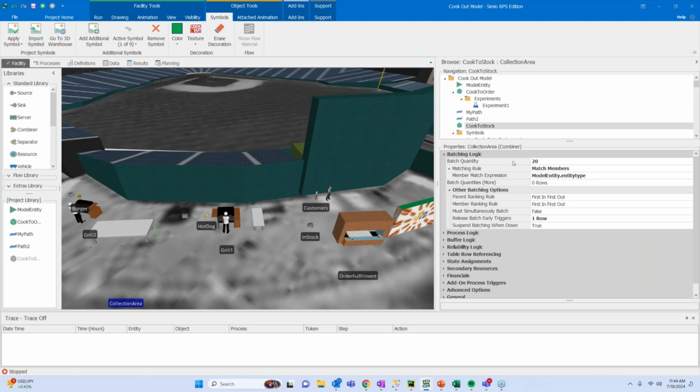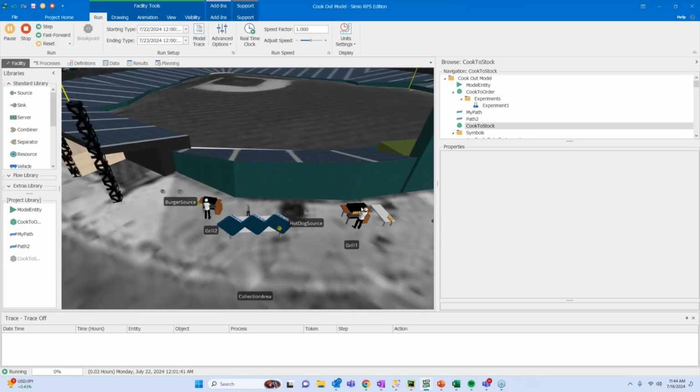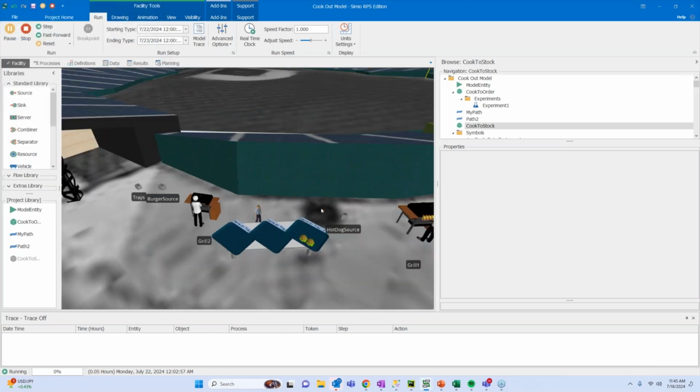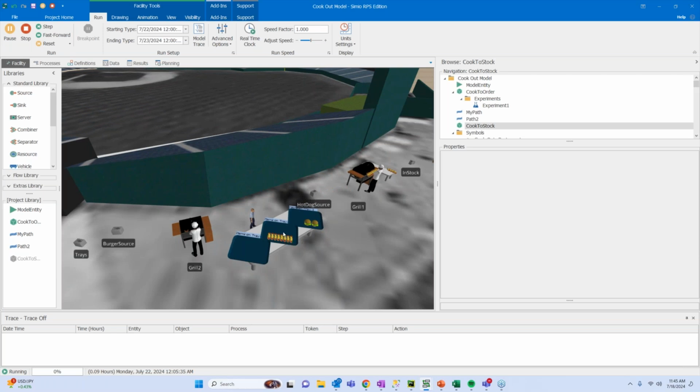So there will be 20 hot dogs that will be matched onto a tray, and then we'll wait for 20 burgers to be matched onto a separate tray. We don't want to have those be matched together. So as our hot dogs are cooked, we're batching burgers onto one tray, and then eventually once these have finished processing, our food runner will take them over here, and we'll set up a separate tray with our items. We count our items on our tray, and we're going to wait until there are 20 items, at which time we will send them to the concession stand to be used.